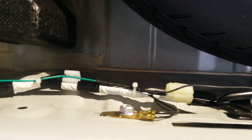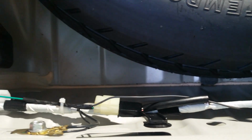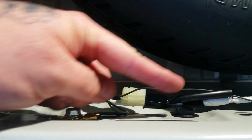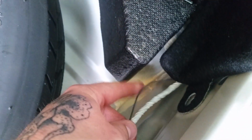So what I did is I left the green wire following its normal path. The gray wire, instead of running the same direction, I just spliced a small section here, soldered it together, and ran it the other way. And then I followed this loom, which I think feeds the other taillight. And then the way that they're connected is,